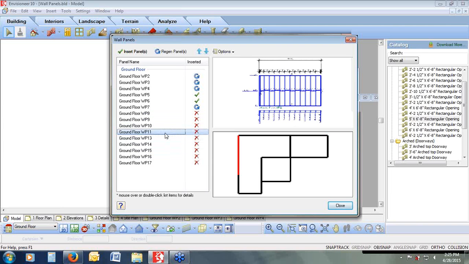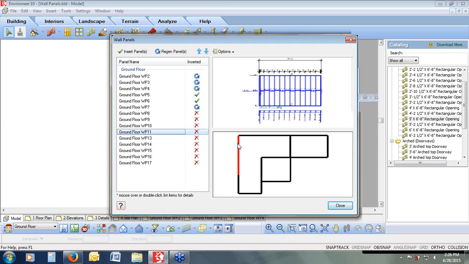So changes to your model, you can come back up and tell it to insert that panel. It would want to regenerate that panel if we'd have inserted it already onto a working drawing sheet. It recognizes that that panel has never been inserted onto a working drawing sheet, so it doesn't need to be inserted. You'll notice that wall panel number 1, that was that tiny little piece at the side there, is gone